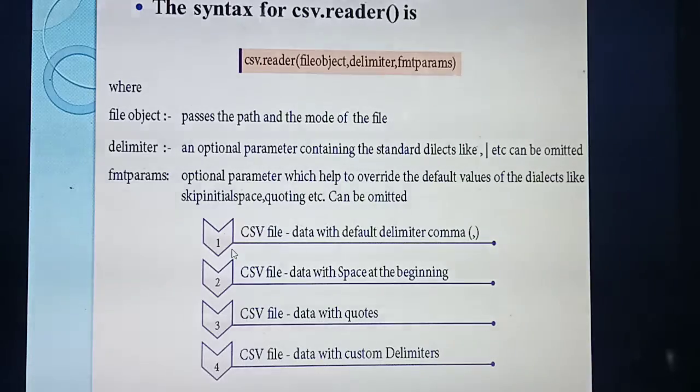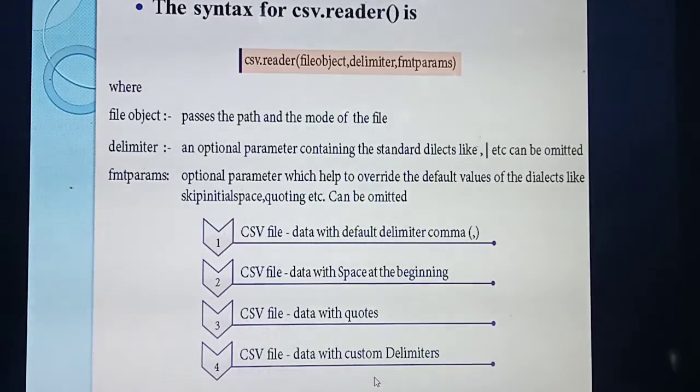First thing is CSV file data with default delimiter comma. Next one is CSV file data with space at the beginning. Third one is CSV file data with quotes, and the fourth one is with custom delimiters.